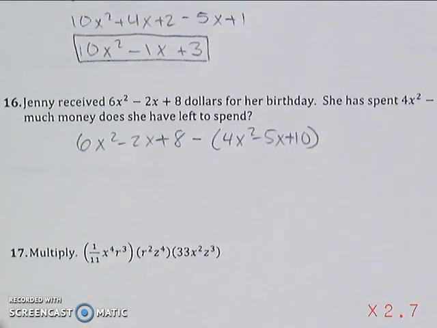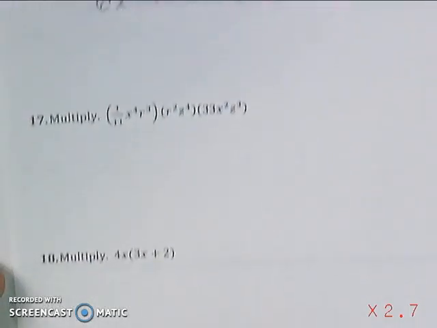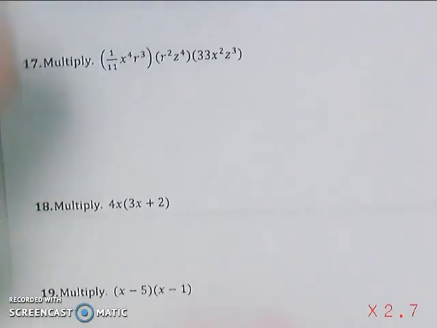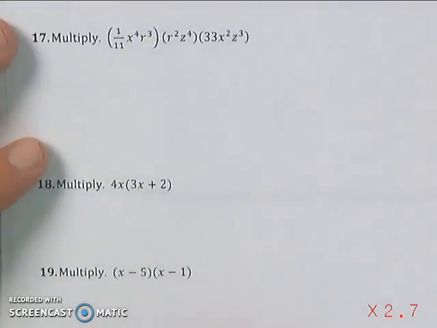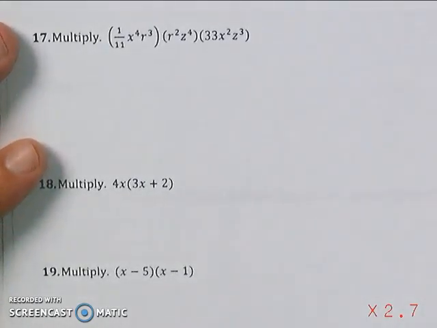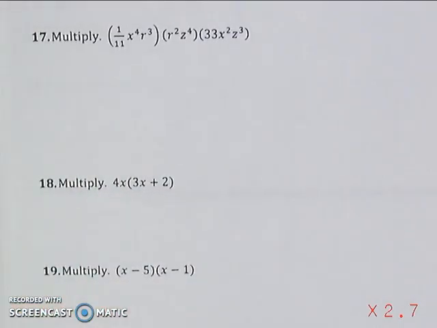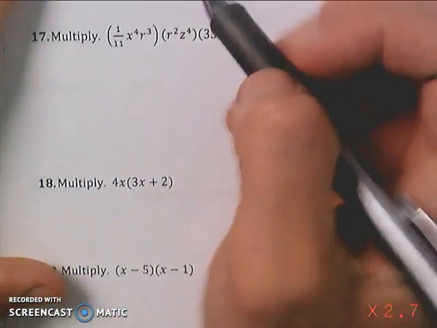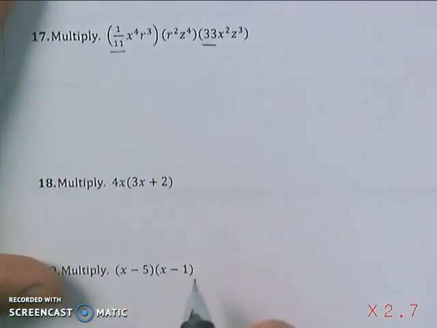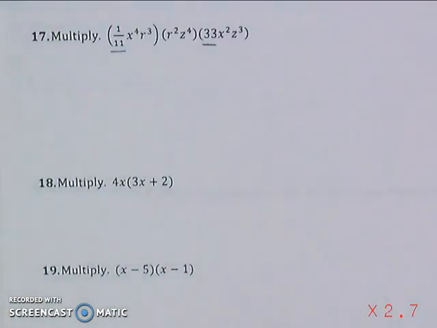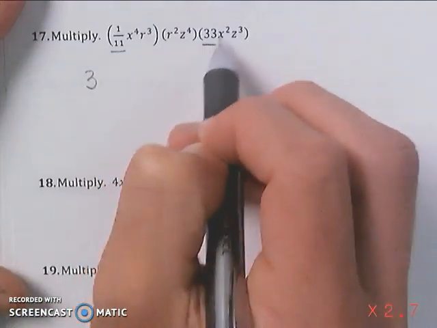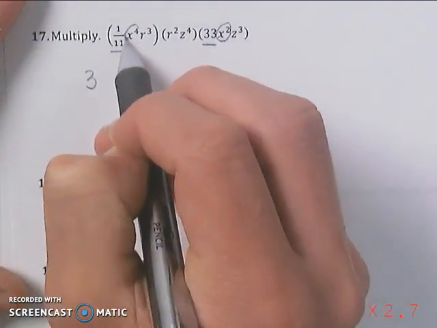Alright, 17. Okay, this one looks scary, but it's really not that bad. So number 17, we're going to actually just multiply the like terms. So 11 and 33, if you divided 33 by 11, you get 3. Okay? And then we're going to multiply the x's. So here's my x's. When you multiply